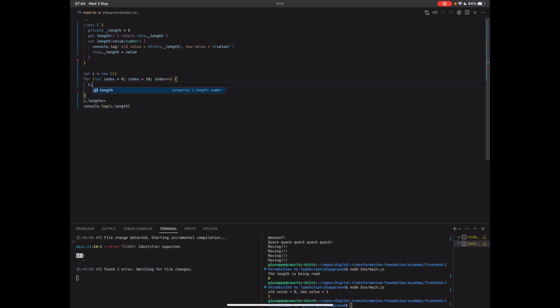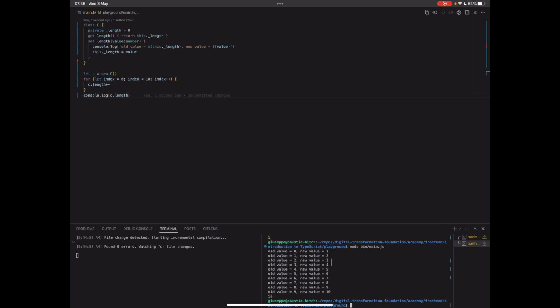The IntelliSense really wants to use the name of the class for this. Okay, and then you see old value was 0, new value is 1, old value is 1, new value is 2, etc. Now, you might imagine how incredibly powerful it can be to be able to define fields that are